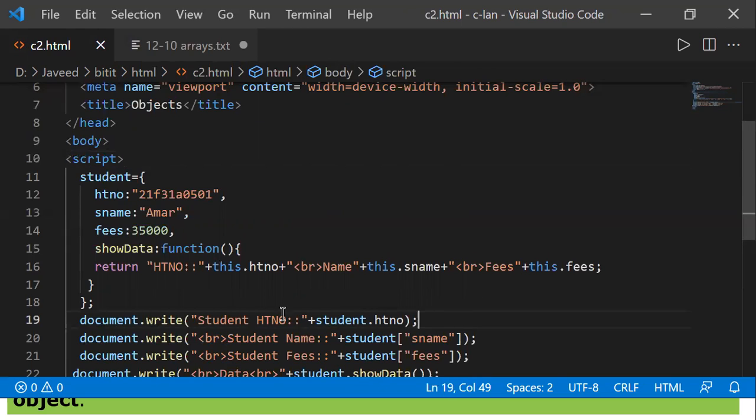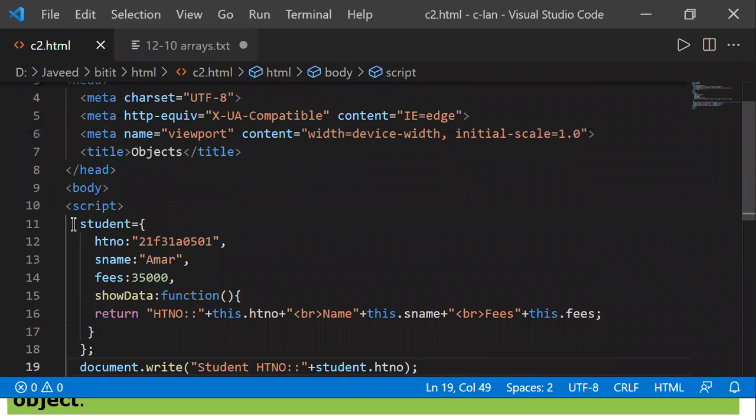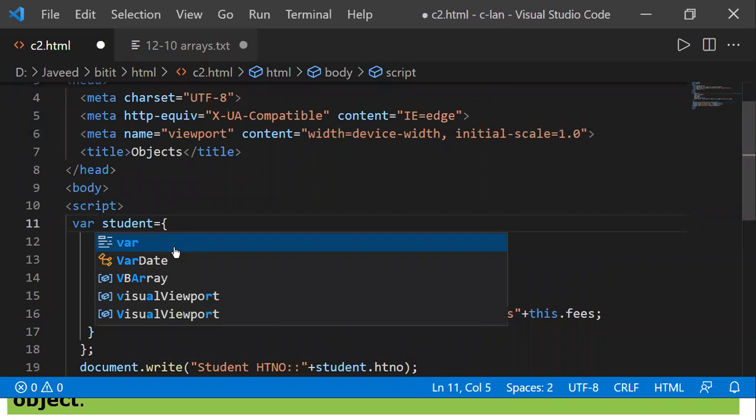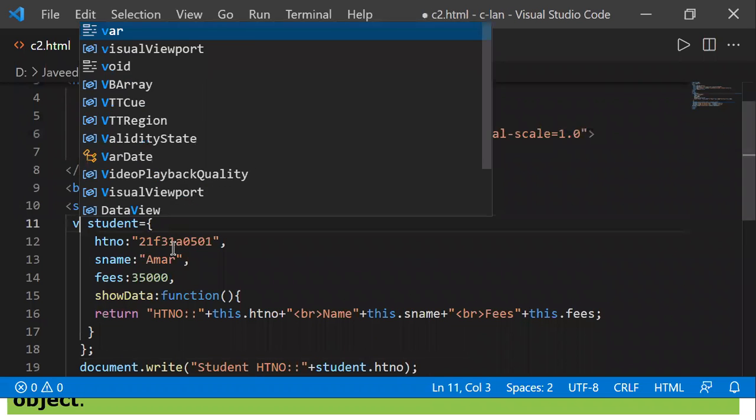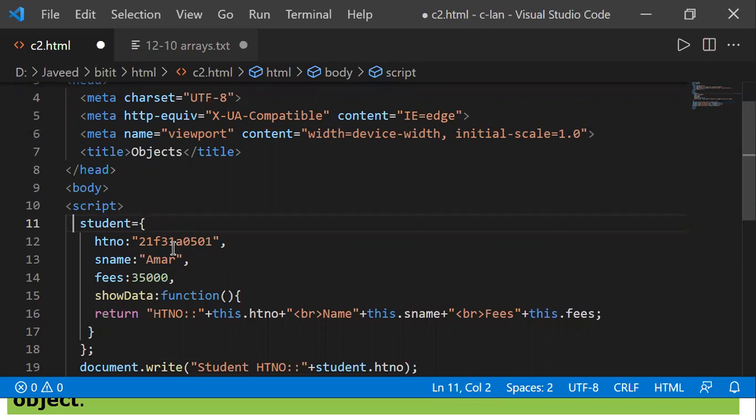Okay. If you have any questions, you can unmute your microphone and let me know. Otherwise, no issues. We'll try to complete it, and then we'll have one more session. We'll talk again about any errors. Anything that you're not able to understand, we'll discuss once again. So this is how we are going to define. Either you use the keyword var and do it, or without the var keyword also we can do it. Nothing to be worried about there. Using the var keyword is not compulsory.